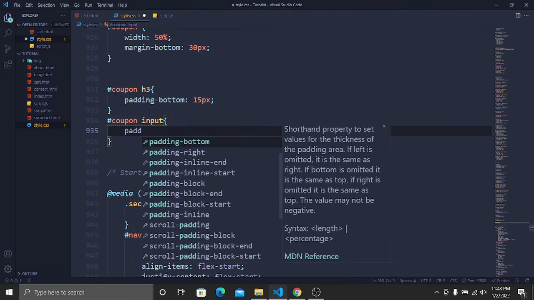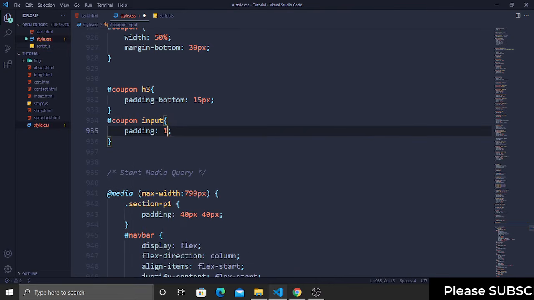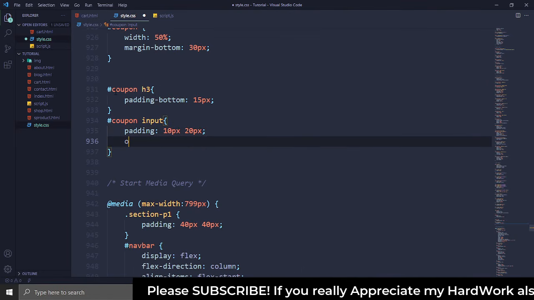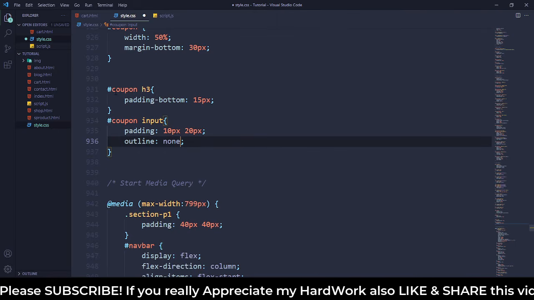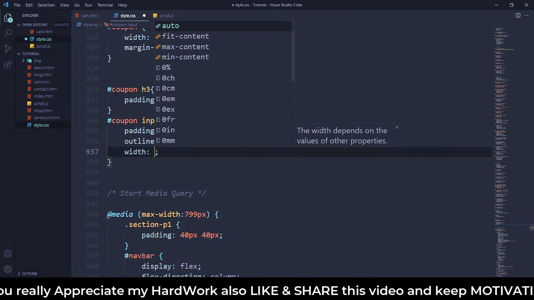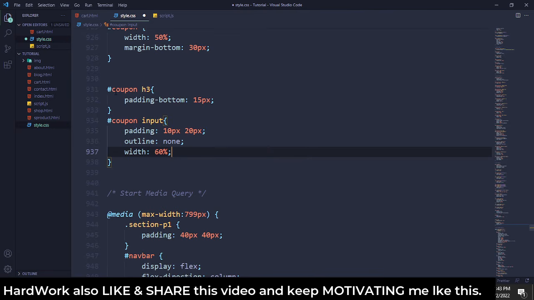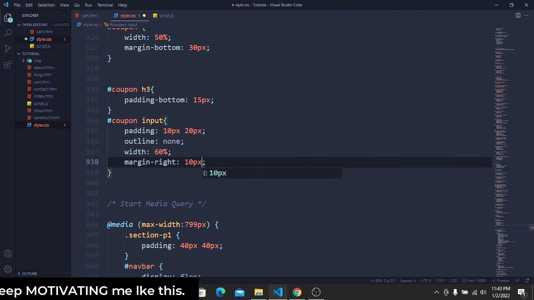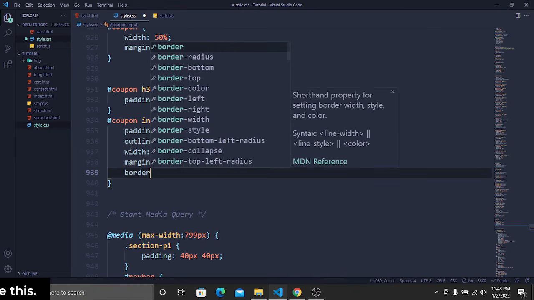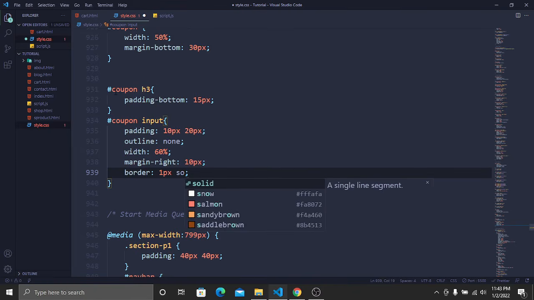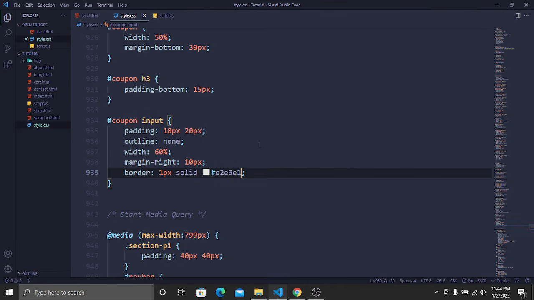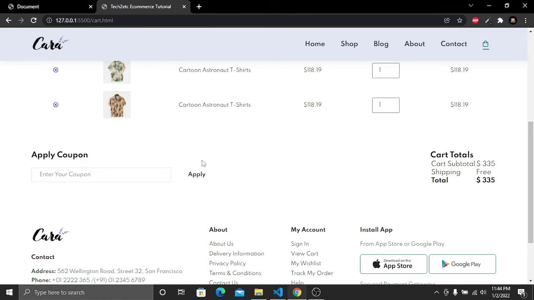Then we have to add some padding, and padding from top and bottom will be 10 pixel, from left and right it will be 20 pixel. Then I don't want any outline, so that's why it will be none. Then I will add a width of 60%. Then I will add some margin right of 10 pixel. Then I will add a border, and it will be 1 pixel solid. The color will be this one. That's it. Now save and go to our website, and here you can see that we have our enter coupon